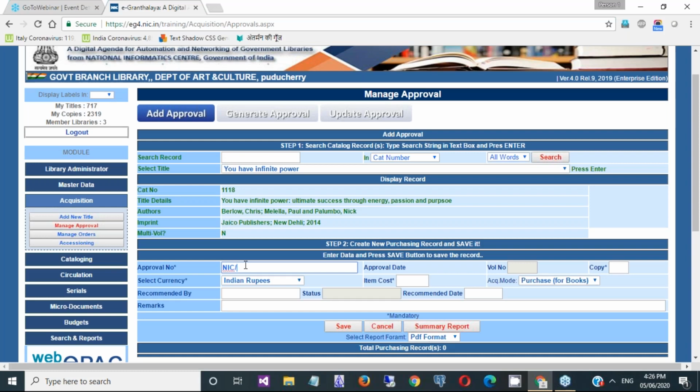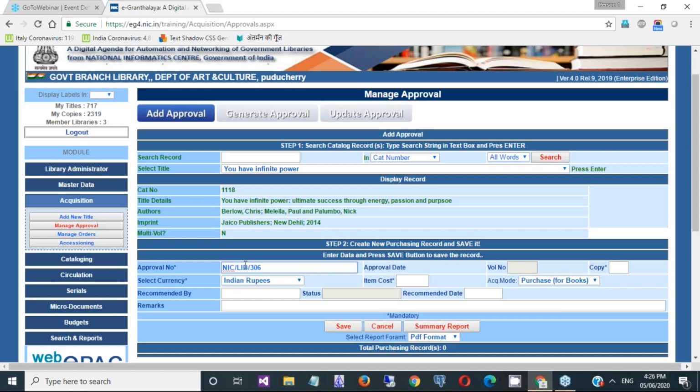For example, we have devised a system in our organization library. We put in the approval number like organization name, then slash, then so on. You may have a different system; you may type 1, 2, 3, 4, 5 like that.